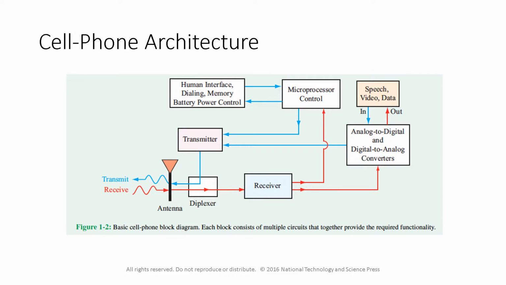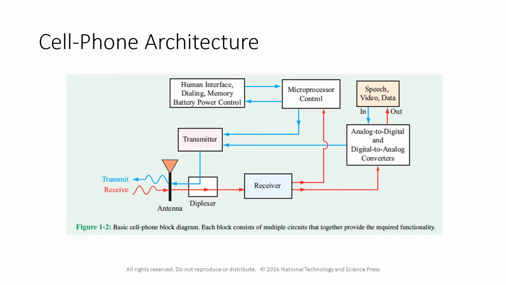And so at the same time, your microphone is going to kick on, and your speech, video, and data, which is another input-output on the other side, is going to start being converted by an analog to digital or a digital to analog converter. So an analog to digital converter takes a signal like voice, which goes up and down, woo, woo, and breaks it into digital ones and zeros so that the computer can control it. And that is going to be sent to the transmitter, those ones and zeros, because we generally use digital transmission now. And once that's combined with essentially the phone number, you're going to send that through a